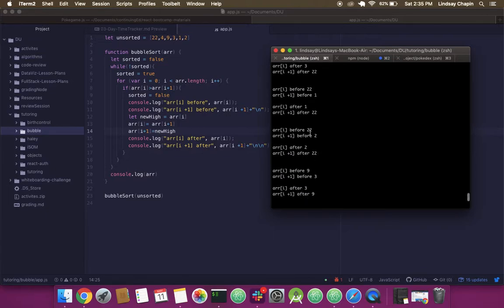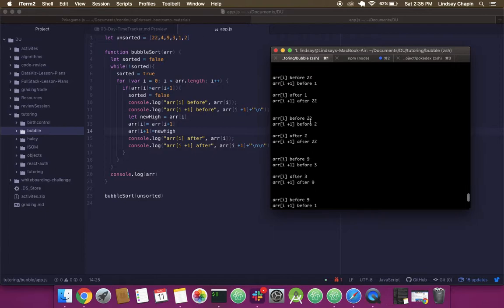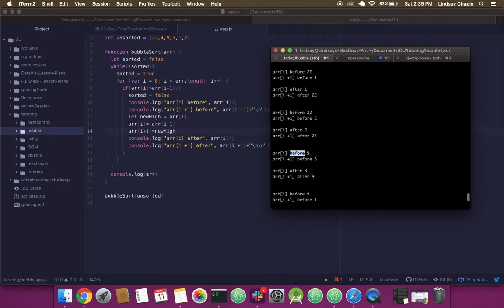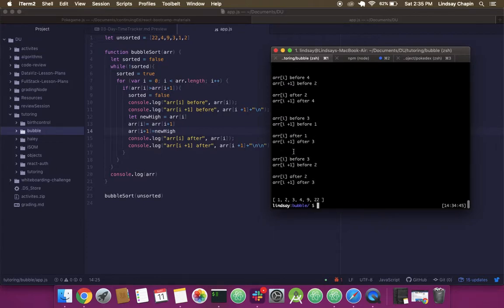until here. And then we're switching to array I is now 9. And then we're checking 9 against 3, and so on and so forth. So everything is slowly shuffling. I think one other thing I could do here to make this a little bit clearer